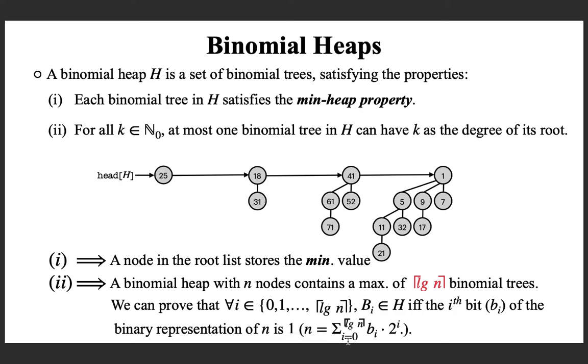So these are the two properties that we have. And the only thing that you have to remember is that if there are n nodes in the whole heap, then the maximum number of binomial trees you need is log n. And this result we need later when we need to find the complexity of an algorithm on binomial heaps. And with this, let us proceed and see how you can represent a binomial heap.